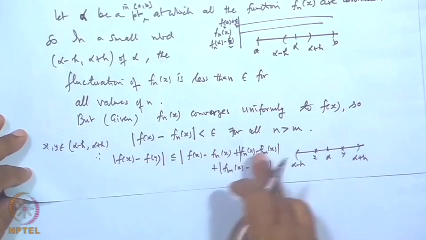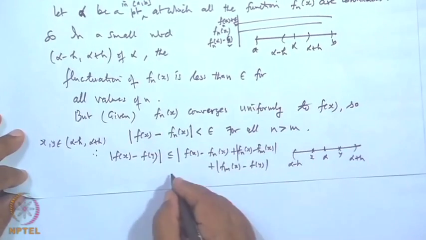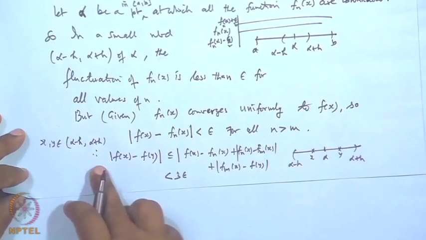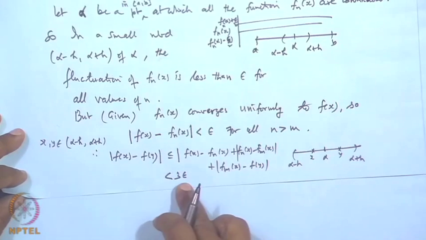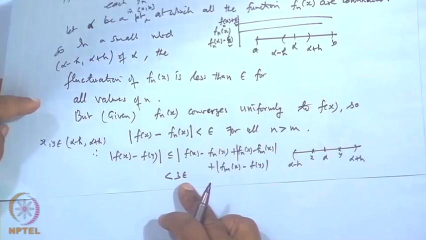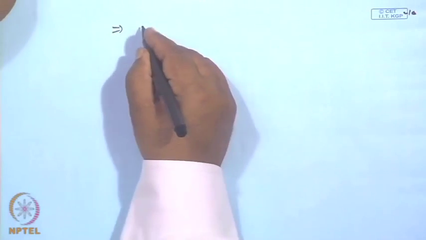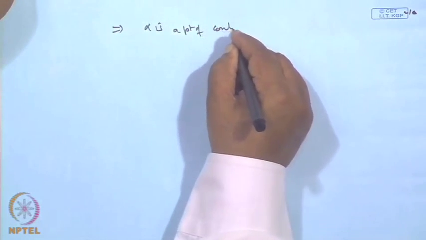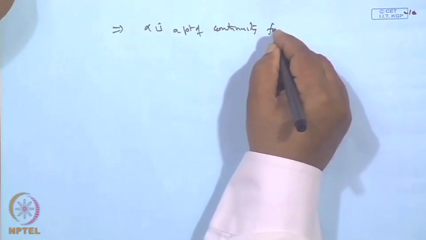Now, this is less than epsilon, this is less than epsilon, so the total is less than 3 epsilon. So, the fluctuation of the function f x in the neighborhood of this point is less than 3 epsilon. Therefore, f x is continuous. So, alpha is a point of continuity. This shows that alpha is a point of continuity for the function f x,